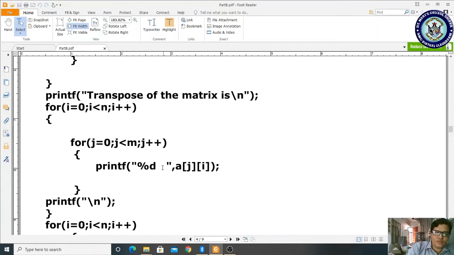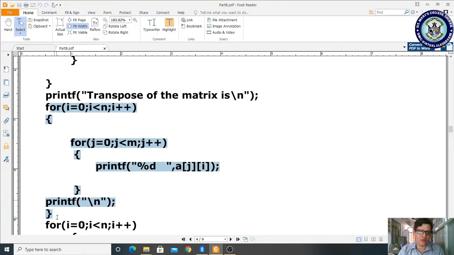Okay. Next, where will the control go? Control will go to j incrementation, j becomes 1, 1 less than 2, condition is true. Now I am displaying the value of a[1][1]. What is the value of a[1][1]? It is 3. So it is displaying 3. Afterwards j will be incremented, j becomes 2, 2 less than 2, condition false, it skips. Afterwards it will give a new line, and once again control will come to the i incrementation. Now i becomes 2, 2 less than 2, condition false, it will skip this statement.